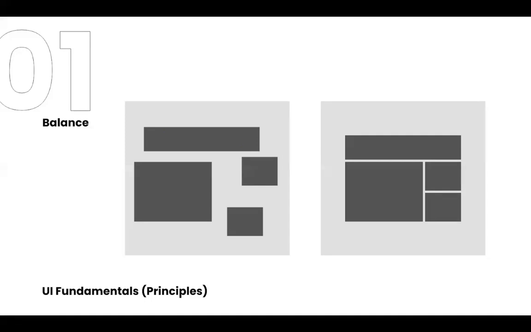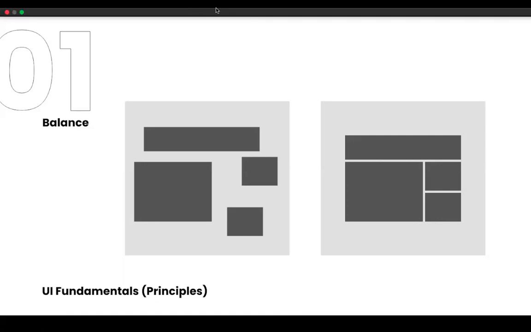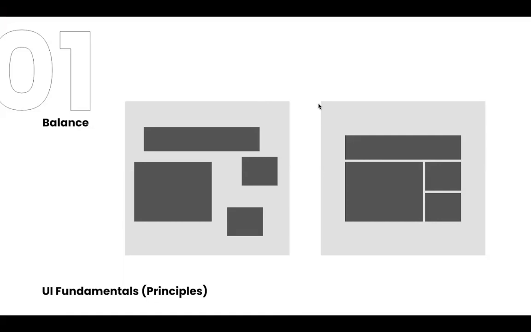So if we look at our image here now, the design on the left is not balanced. As a result, most of the elements are all over the place. Each element is fighting for your attention, because you are trying to know, what is this? What is this? It's not balanced. Whereas we have the image on the right,